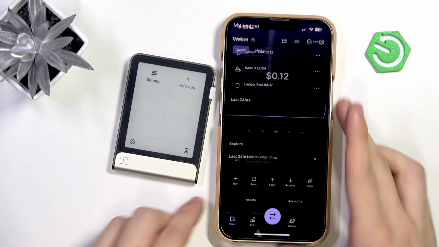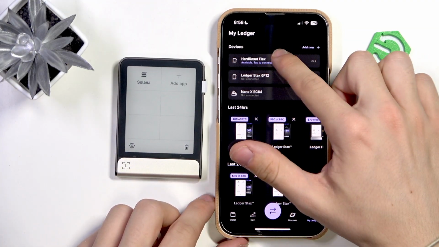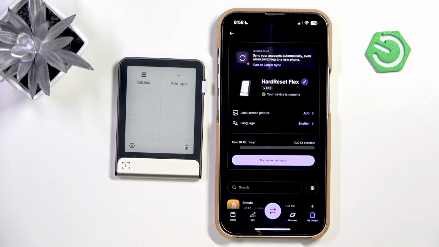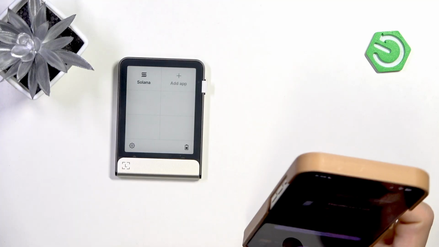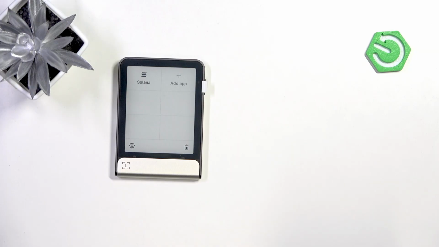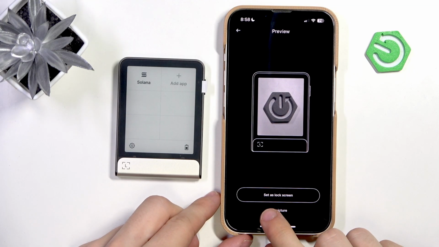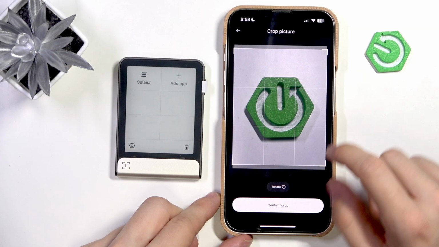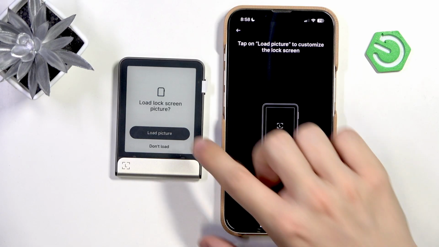Now here, go to My LEDGER, then simply click on your device, on the device list if it's near the phone. Now go to lock screen picture. Once I click on add, I think it will open my picture gallery, so I'll just select the photo. Now you can edit it if you want by cropping it however you like, but I think it's fine like that. Set as lock screen, load picture,